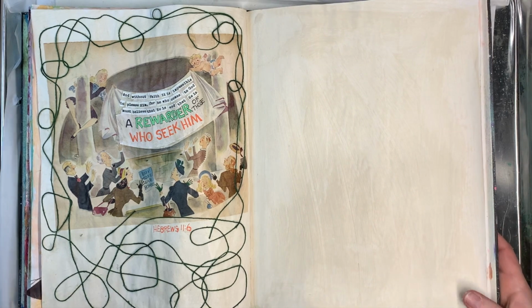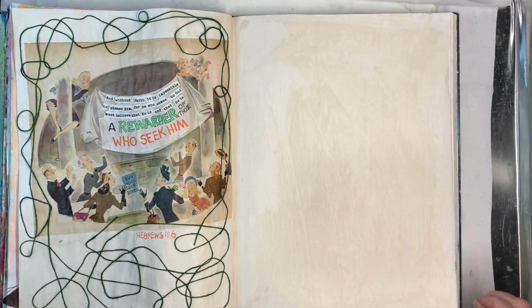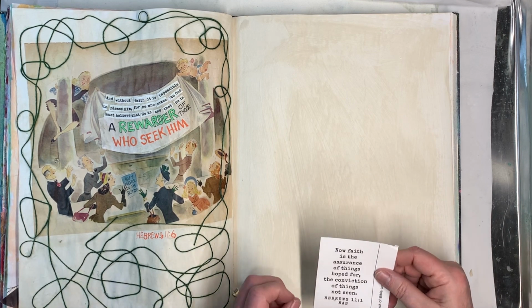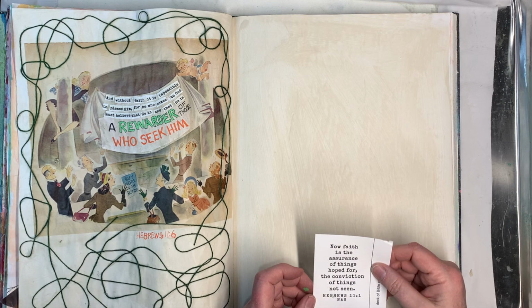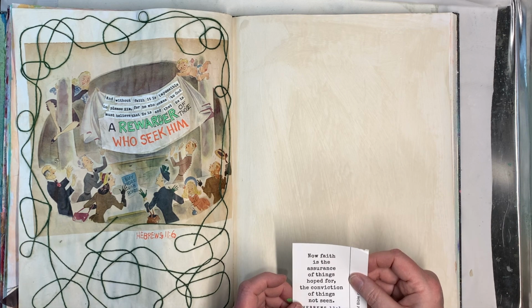We're getting ready for our weekly challenge, and the scripture this week is Hebrews 11:1. Now faith is the assurance of things hoped for, the conviction of things not seen. And then